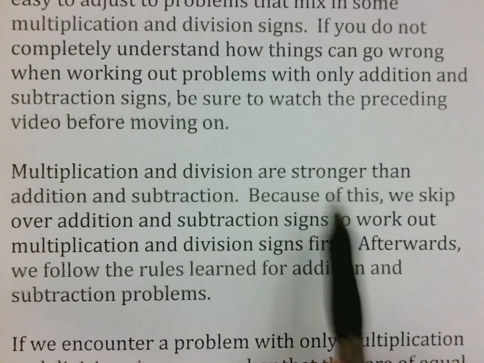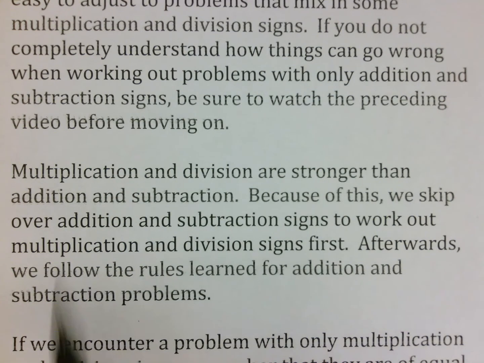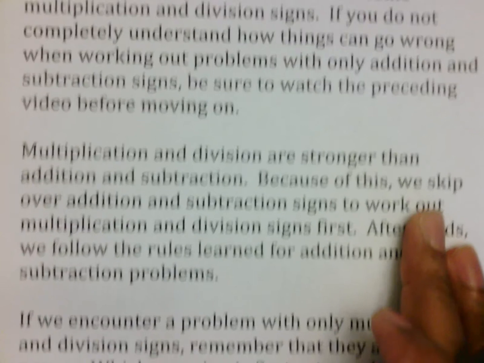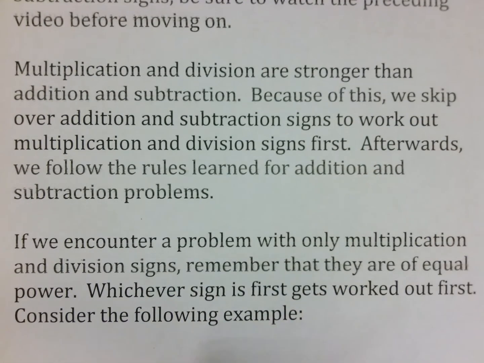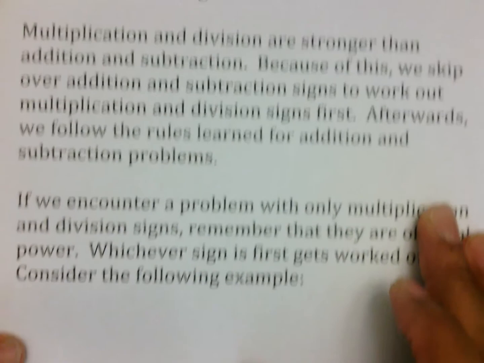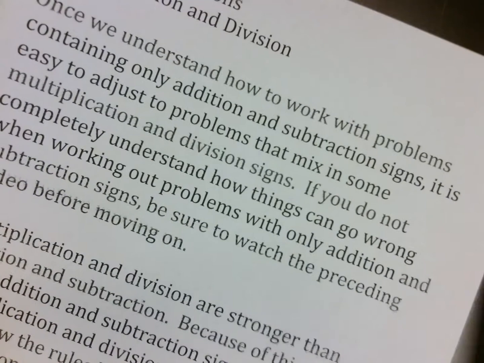Multiplication and division, though, are stronger than addition and subtraction, and because of this, that is why we skip over those two signs to work out any multiplication or division signs. Afterwards, you go through what you just did in the addition subtraction work. If we encounter a problem with just multiplication and division, remember that they are equal power. They are male and female teachers. So whoever's in line first gets worked out first. So in this one example that I have here,